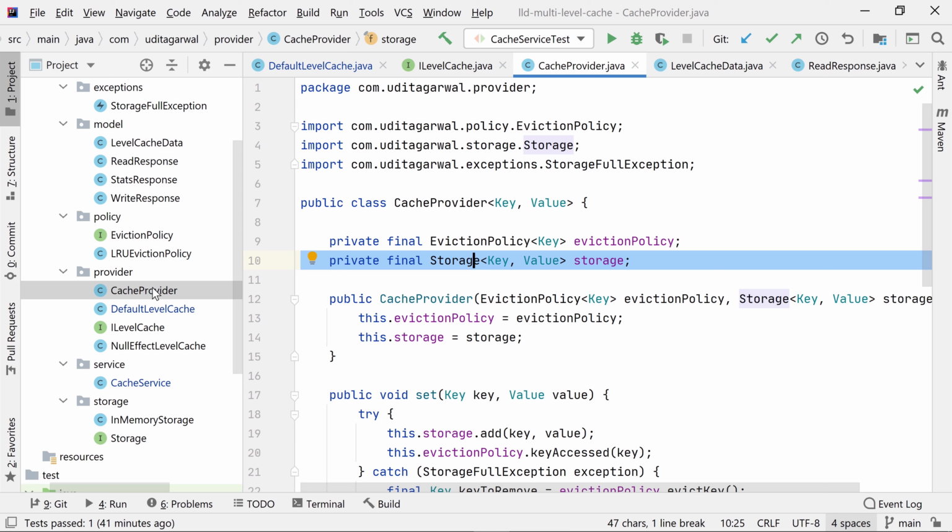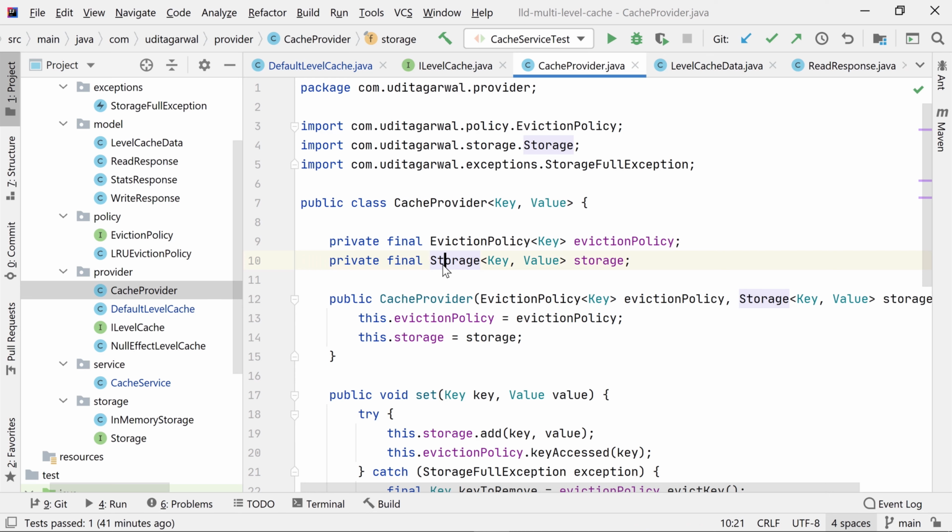Each layer will have to use some cache to store the data, to store the key and value, right? So this cache provider provides that functionality, and it is a single cache. Each layer has one cache, and that single cache is a cache provider. And for that single cache, we already have a video, whose link is in the description. Cool.